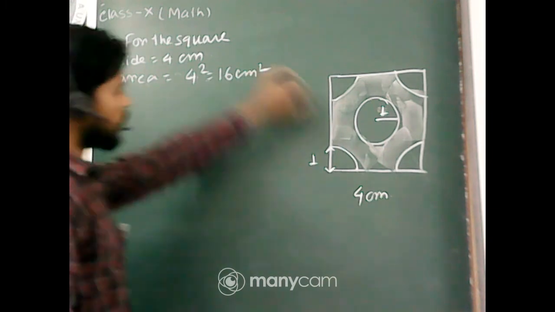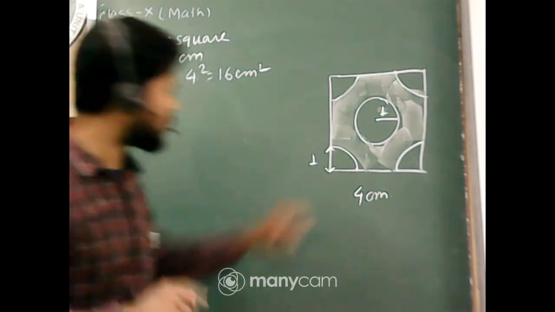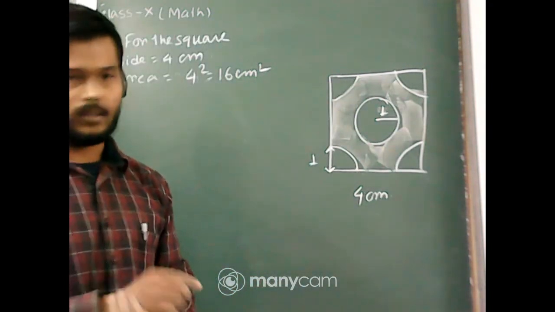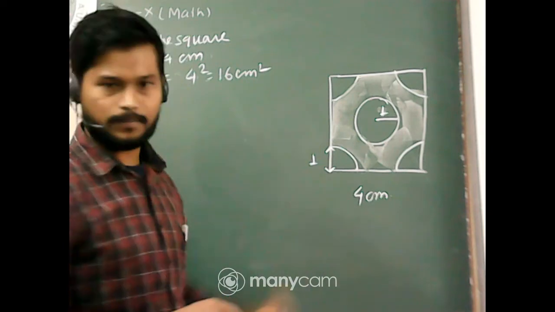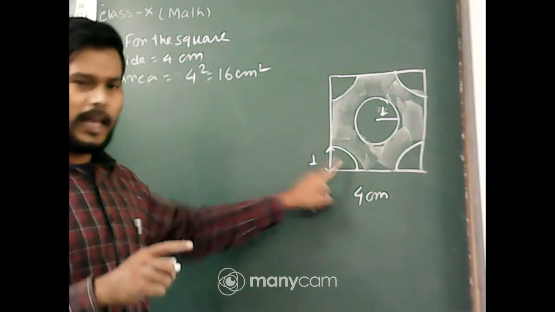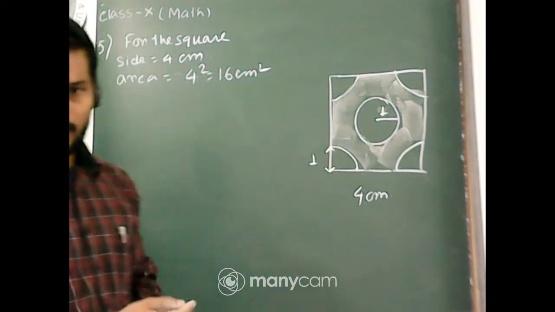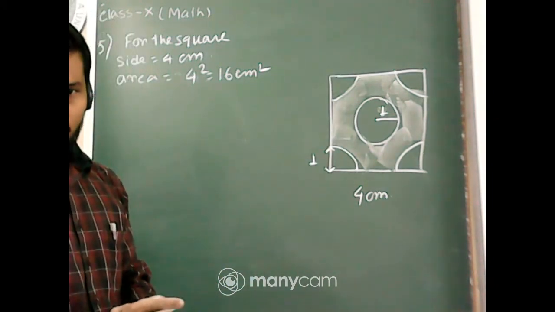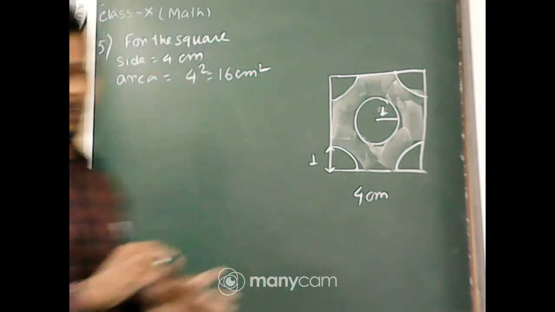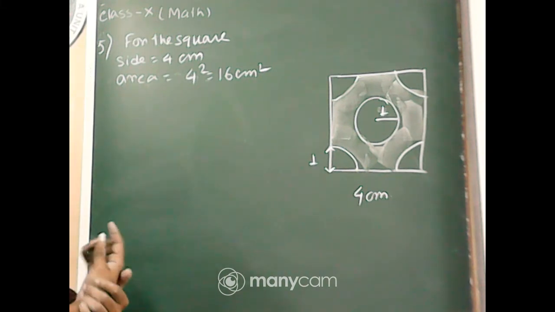Okay, so now consider the one quadrant of circle. And look one thing, these 4 quadrants of circle are identical to each other because their radius are same. So we'll calculate the area of one quadrant of circle and then we'll multiply it by 4. You can also apply the area of the square minus 2 into area of the circle of radius 1 centimeter. You can apply that process also.